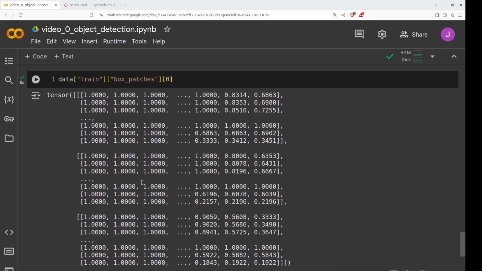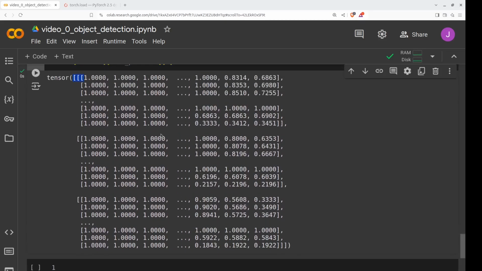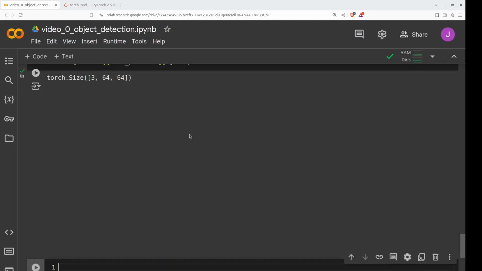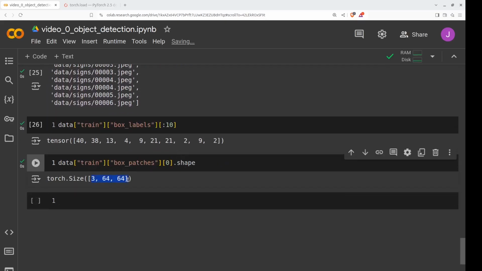Okay, so this looks to me like a 3D vector. How do I know that? Because there are three square brackets here. That's a trick to know that. So let me print actually the shape of this. Print the shape. Okay, great. So it looks like we have a 3D vector with